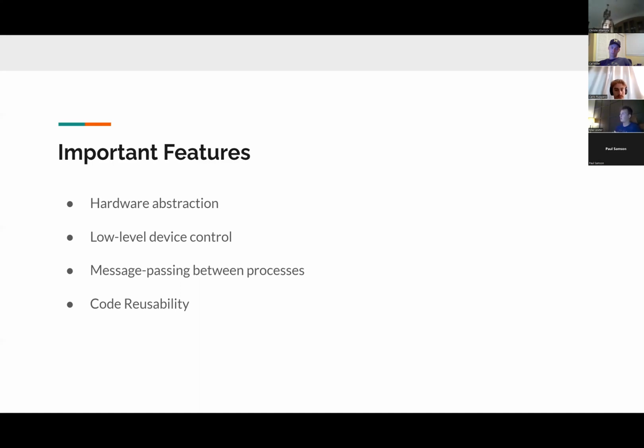And lastly is code reusability. It is open source software, which is the best part about it. If other people have done something that you are doing, you can take that code and modify it slightly and make it work for your own needs. Currently, it has a ton of usage with robotic arms, so there's a lot of data on that right now. Not a ton on exoskeletons, although a lot of companies are starting to use it. So a lot of research papers that are coming out are pretty recent. So there's not a whole ton of code reusability necessarily for that just yet, but there will be in the near future. And this is very much an up and coming thing,